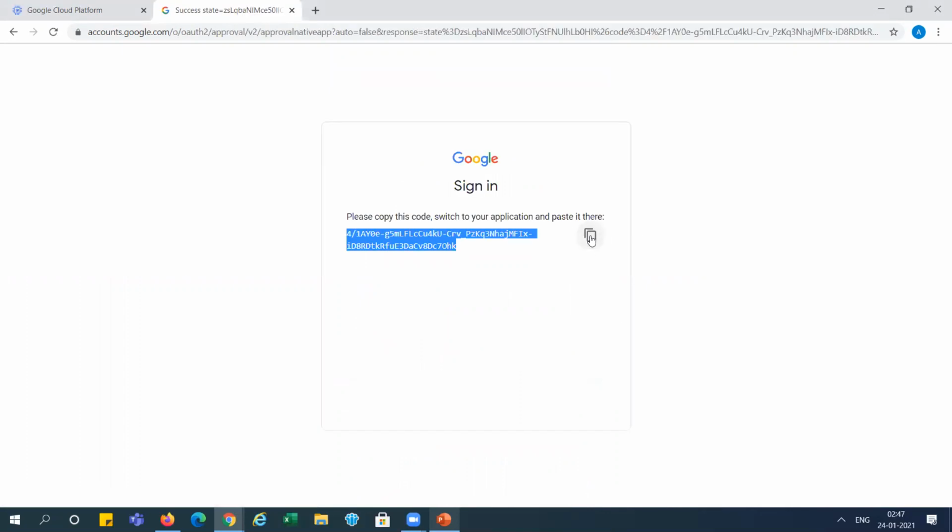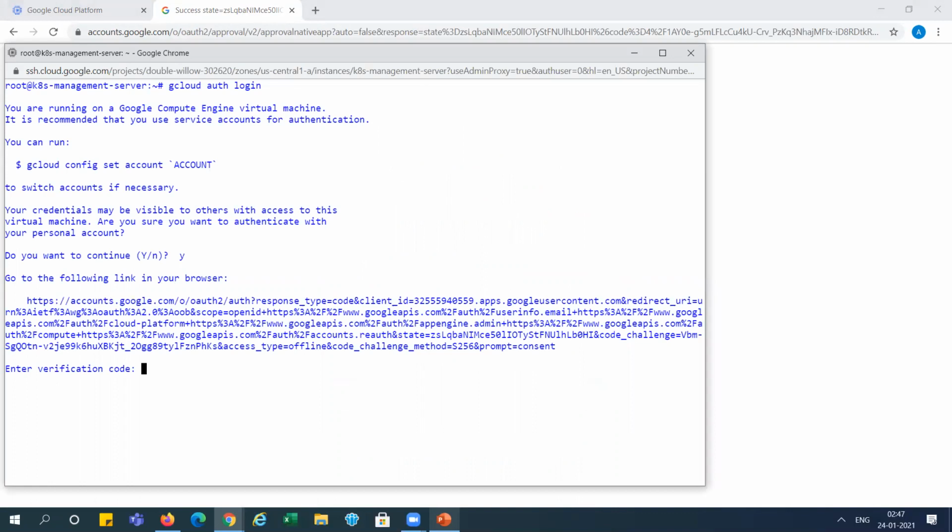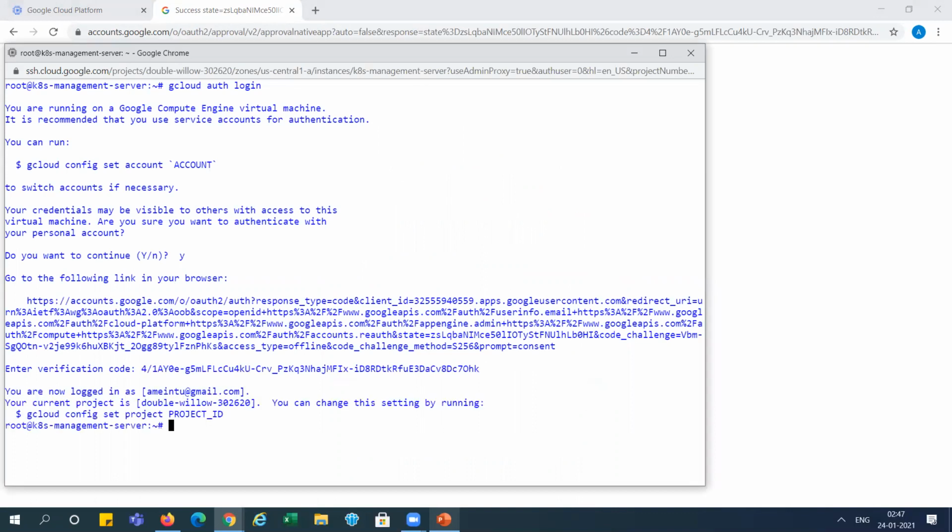I got the code here. I'm pasting it here. You can see it is logged in with this account. Your current project ID is this one. And you can set your project ID here, right?